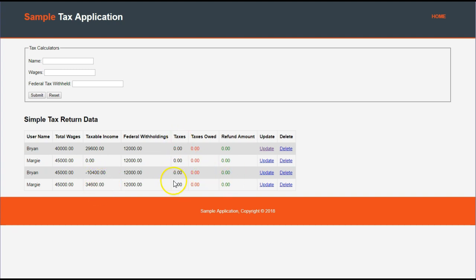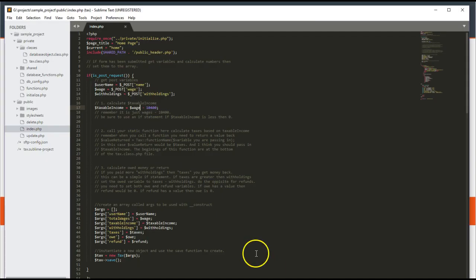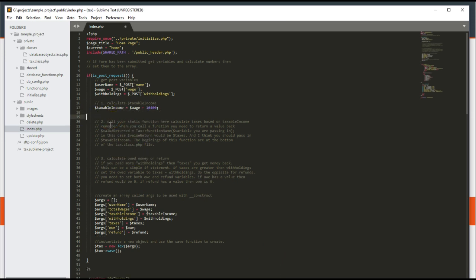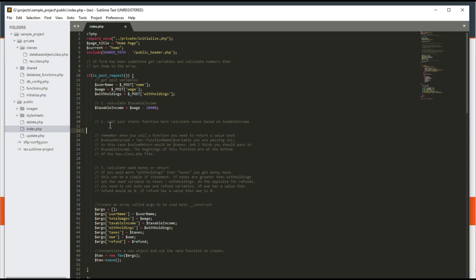Now let's calculate the taxes. Okay, so I go back to Sublime. I want to calculate the taxes. Okay, I can get rid of these 2 lines here, clean it up a little bit, and all I want to do here is just send in my taxes. So it's going to be taxes. Remember that I'm just creating a memory spot to hold what comes back out of this function. I'm going to call the function, which it's actually